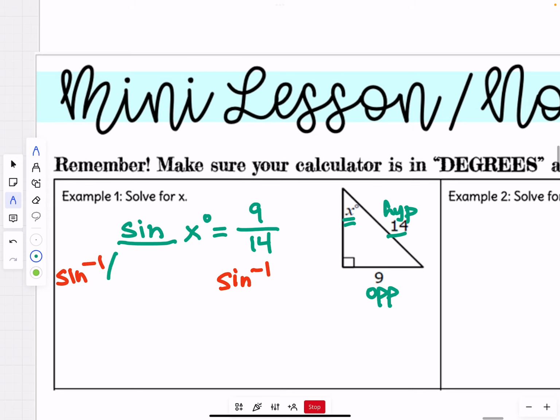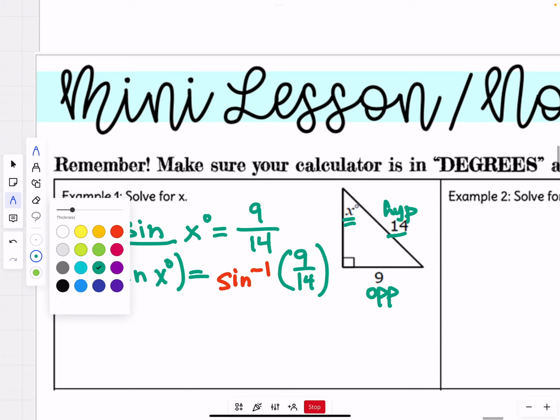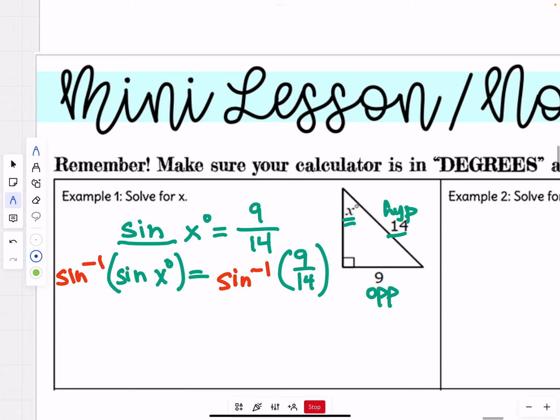So sine inverse of sine of x and the sine inverse of 9 over 14. And then on the right-hand side there, we have what we are going to calculate. On the left-hand side, we just got x, right? X degrees is going to equal sine inverse